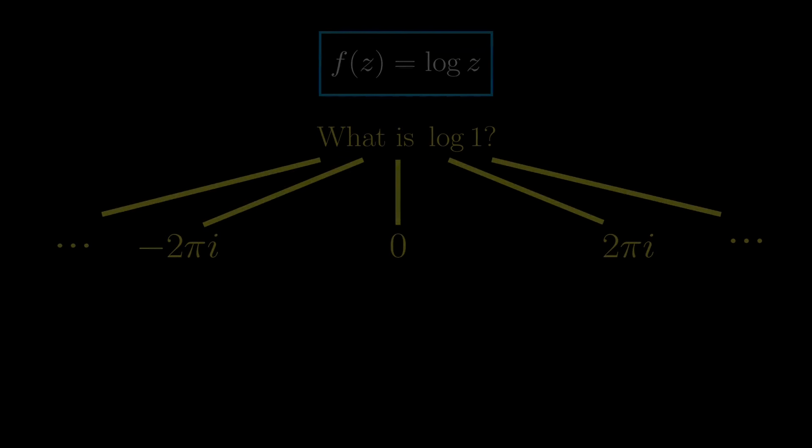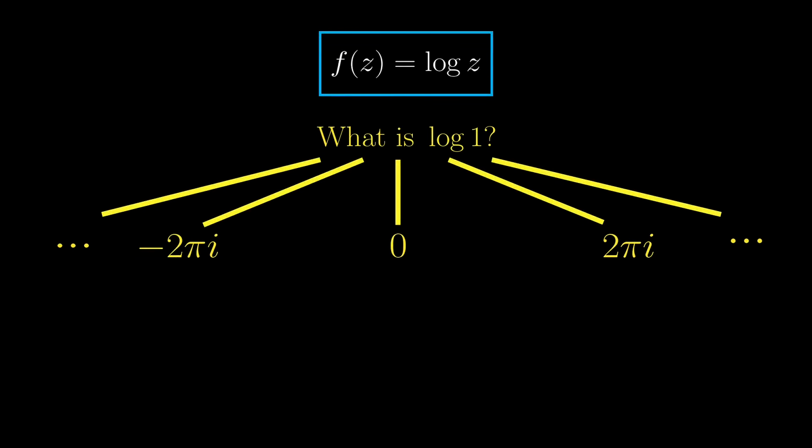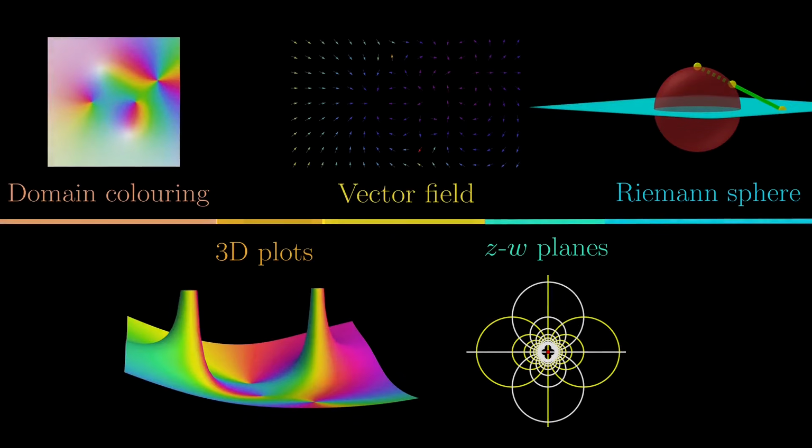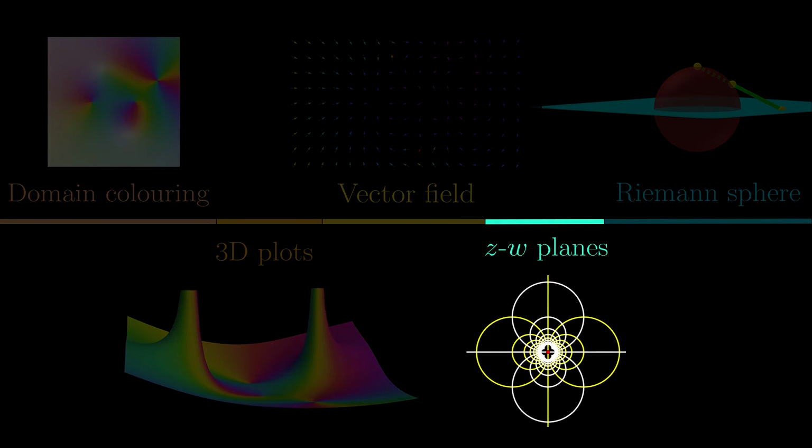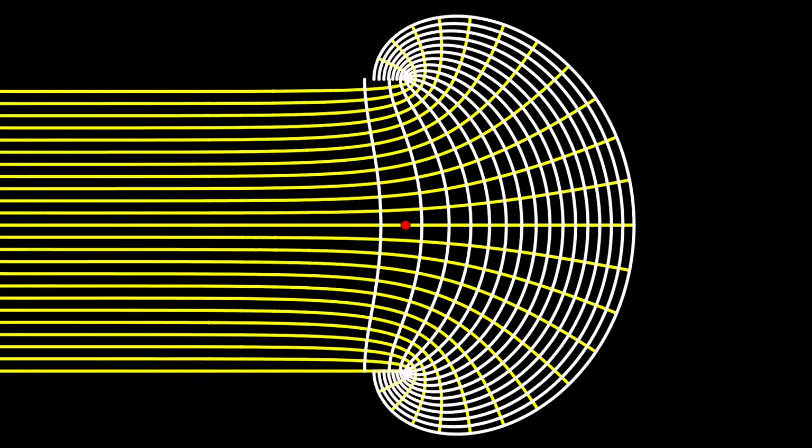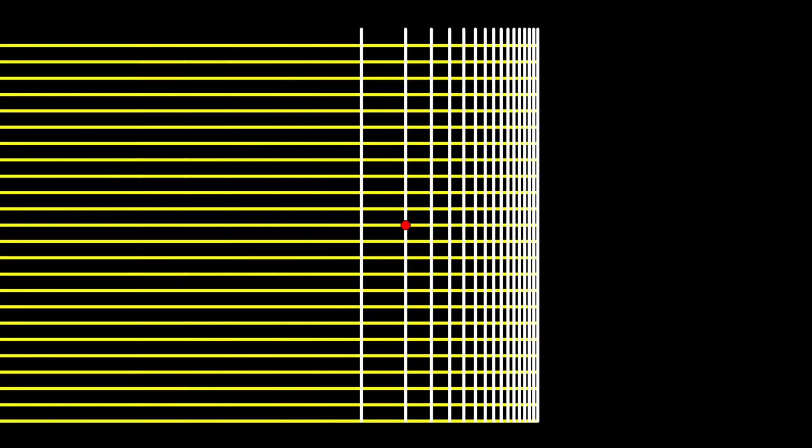But before the finale, where we consider all these to be the logarithm of 1, let's take a look at some of the other ways to visualize logarithm. First, we have the ZW plane method for the conventional branch of logarithm. As we expected, the polar grid turns into a rectangular one, but note that the result is trapped between two horizontal lines, which are at height plus and minus pi respectively. This part is supposed to be filled, but the grid lines would be too dense to see anyway.